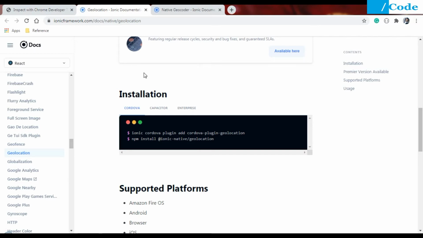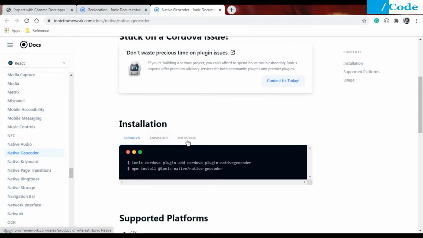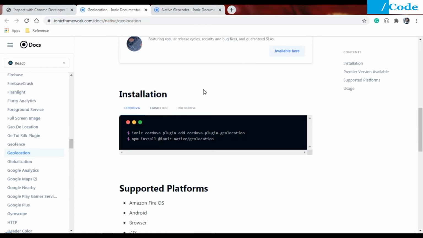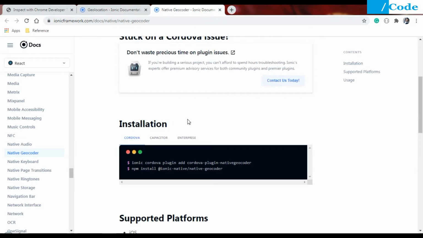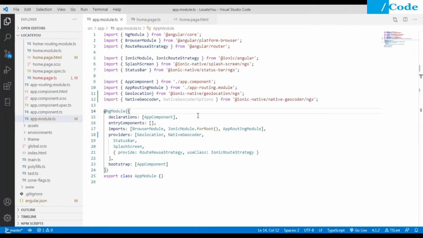One part is to get the device's current location in latitude and longitude format, and another is to convert that latitude and longitude into the address. The geolocation plugin will help us get the current device location in latitude and longitude format, and this native geocoder plugin will help us convert that latitude and longitude into the address. How to do that we'll check in this video.